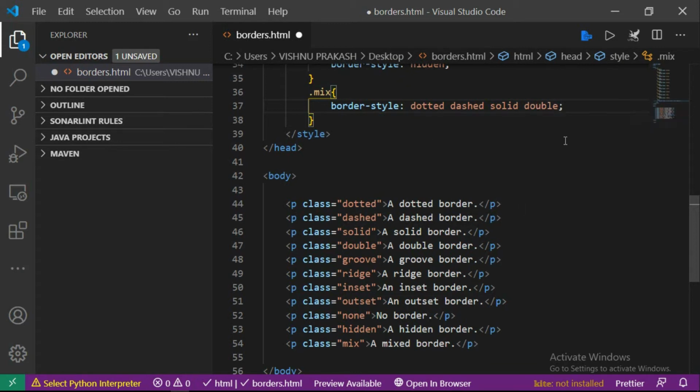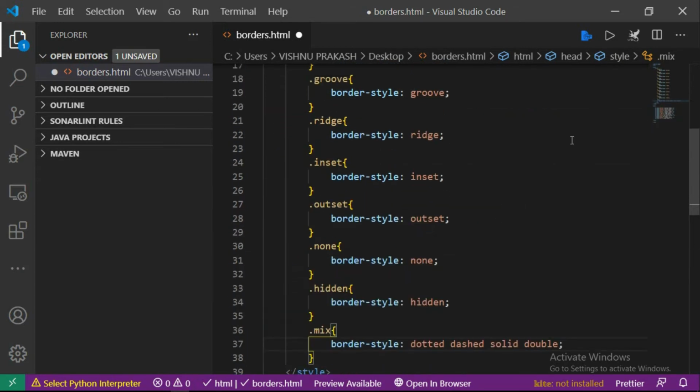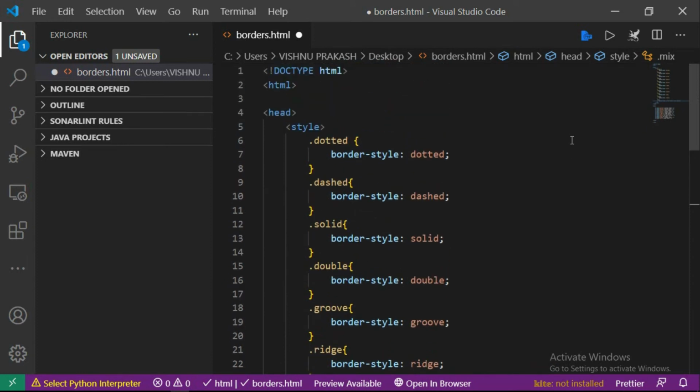These are the different styles of borders. First we'll see how it looks, and next we'll change the properties of these borders.